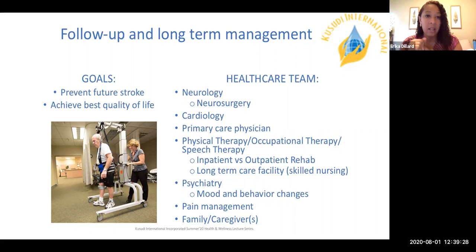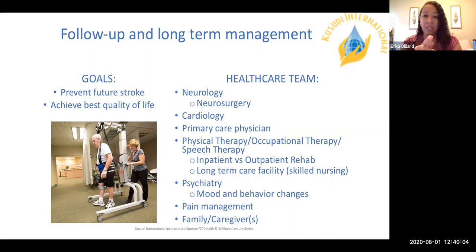that you can. And so in order to do those two things, you will have established a healthcare team that will help you address those along the way. So establishing this care before you leave the hospital going forward is very important. Again, we talked about your neurology or your neurosurgery individuals that may be involved, your cardiologist, but also your PCP. The doctor that takes care of you on a normal basis will need to coordinate all the other issues that you may have, or diseases or